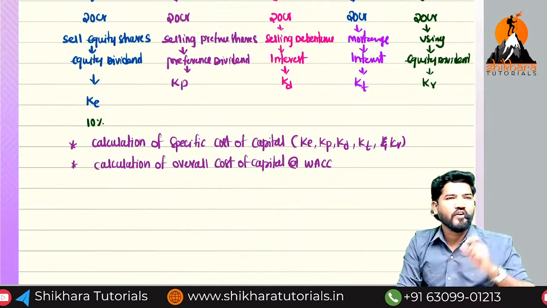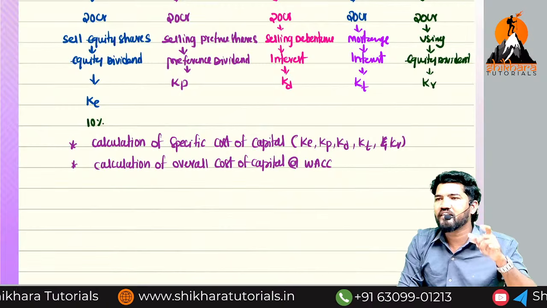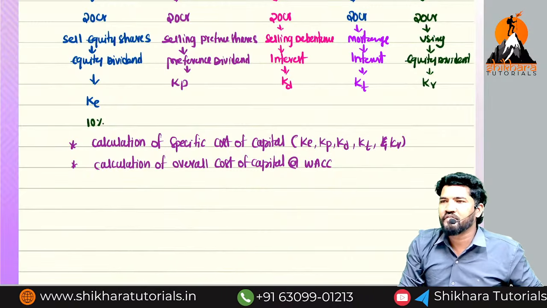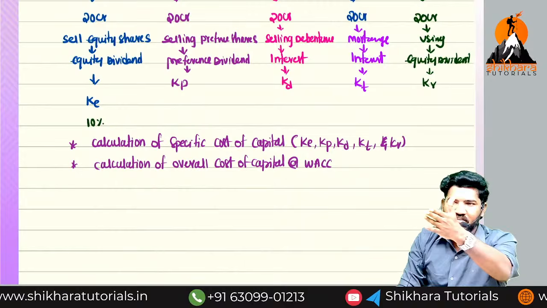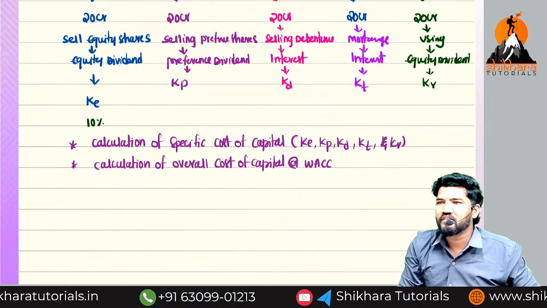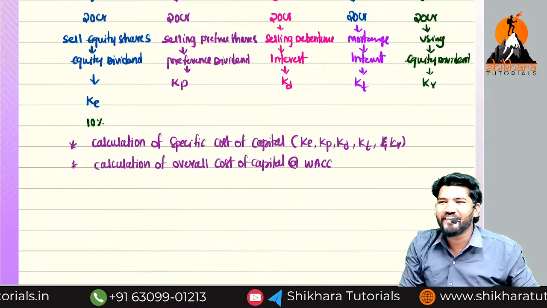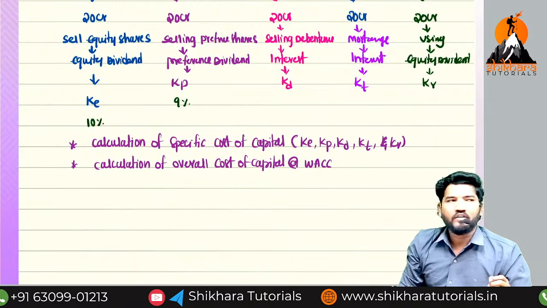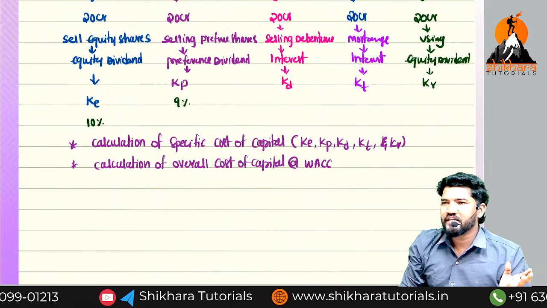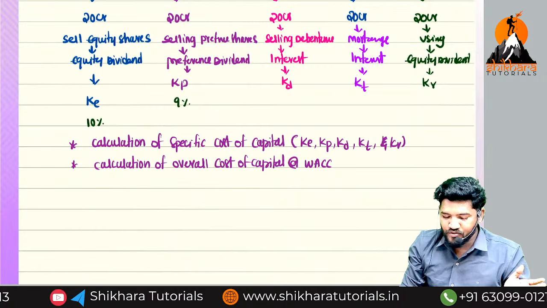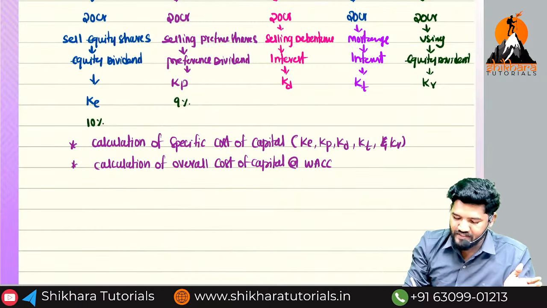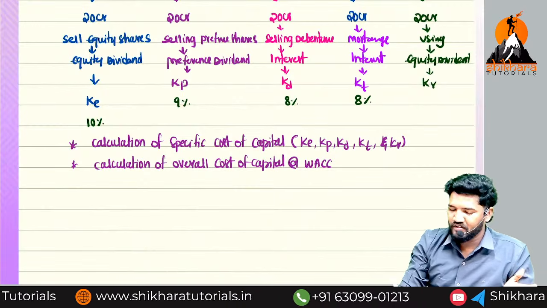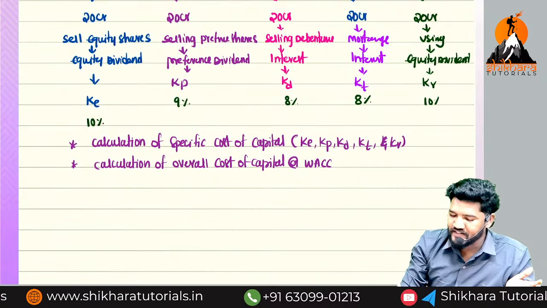Clear? One point is there: KE is always greater than KP and KD. The reason is they are the risk takers. If the company has losses, who needs to bear? The owner needs to bear, not Ramesh. Then why would I give more than my owner? So okay, 9%. When it comes to her, she was a smart move, I said, risk free. Will you give more than these two or less than these two? 8%. So the bank also, interest only 8%. And owners already expected 10%.